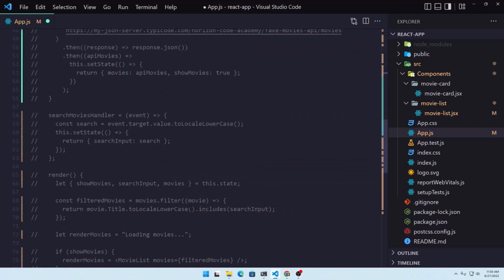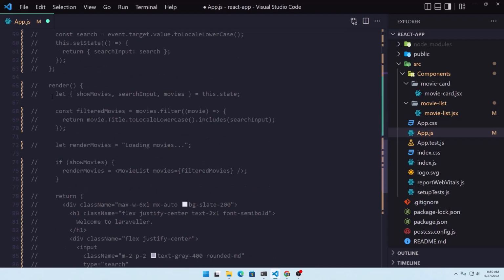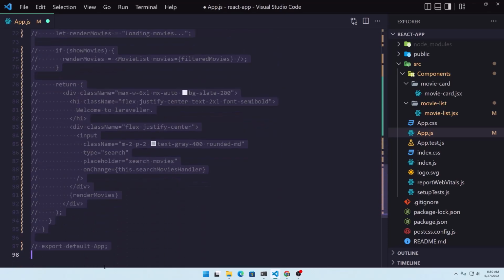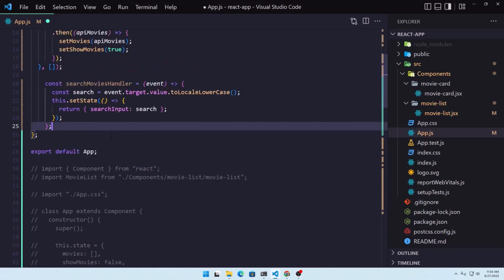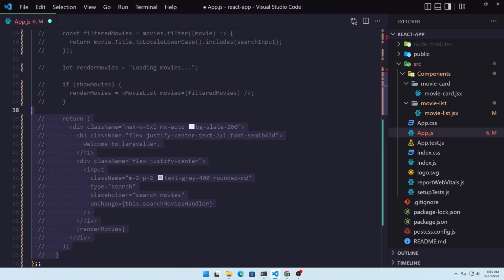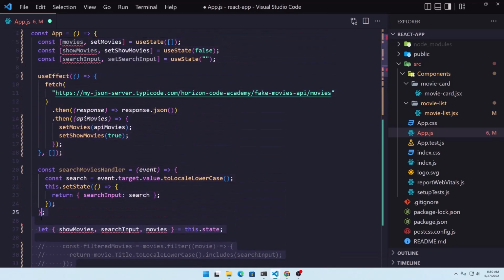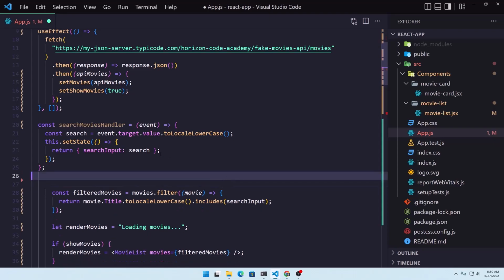Next one we have the render, but we don't need the render in our function. I'm just going to copy what we have inside the render. So copy all and paste it here. We need to uncomment and work with that. So uncomment that. Okay, we don't need this distraction here because we don't have this state, but we have movies